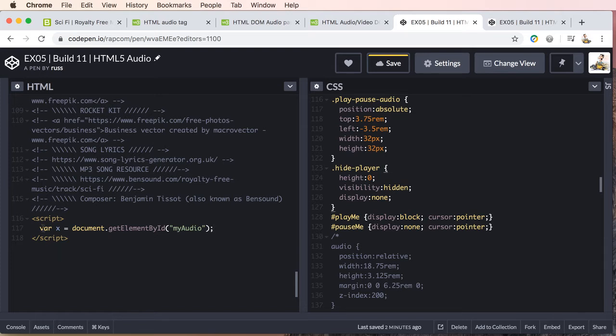So what we're doing is creating a variable. The variable is x. We just make this up. You can make it user defined. You can use whatever you want. And what we're going to place inside of x is the ID, my audio. So if we scroll up